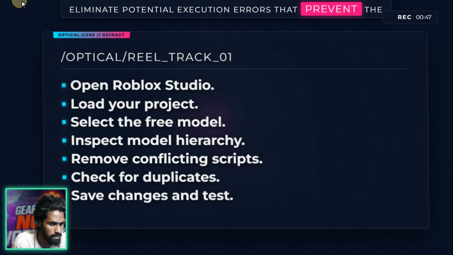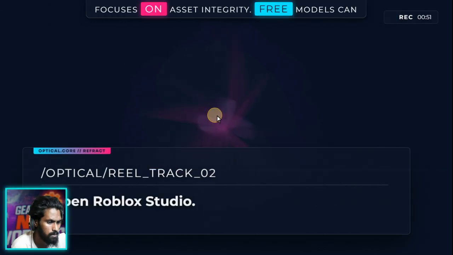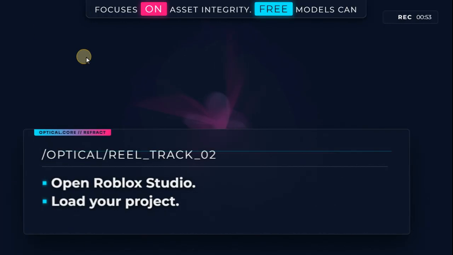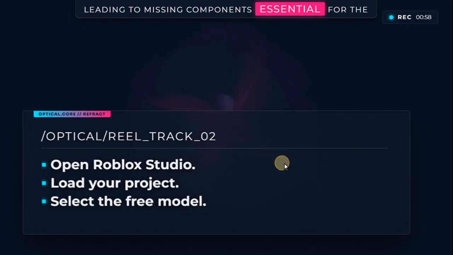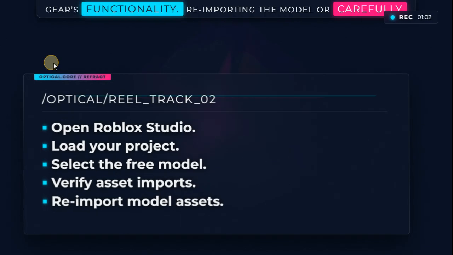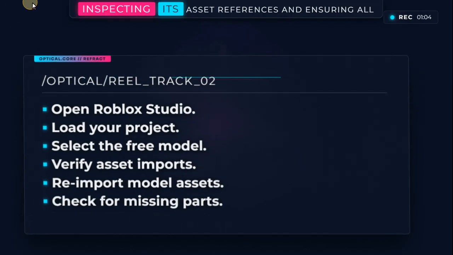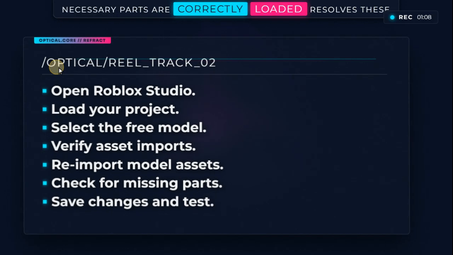Our second approach focuses on asset integrity. Free models can sometimes have corrupted or incomplete asset imports, leading to missing components essential for the gear's functionality. Re-importing the model or carefully inspecting its asset references and ensuring all necessary parts are correctly loaded resolves these critical